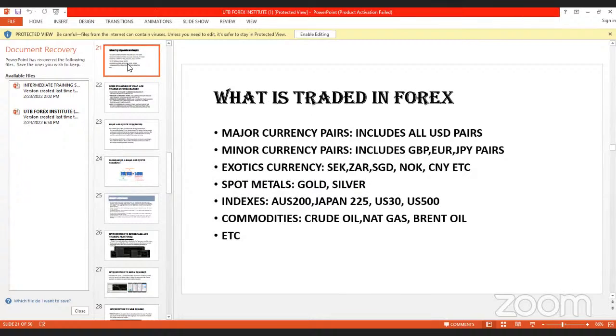Majorly, we have currencies that can be traded, and the currencies are categorized into major currencies and exotic currencies. Now, what are the major currencies we have? I'll be sharing the screen, the whiteboard, so I can give you some write-up on major currencies. We have 8 major currencies, which are currencies of those economies that have attained some level of economic and political stability all around the world.